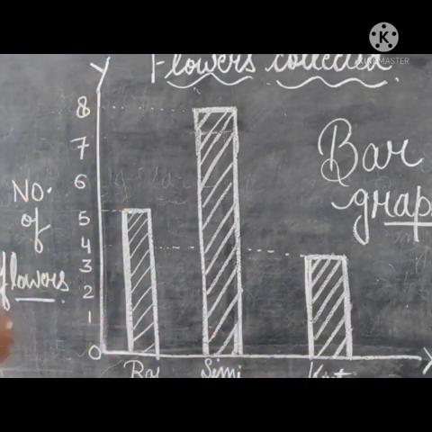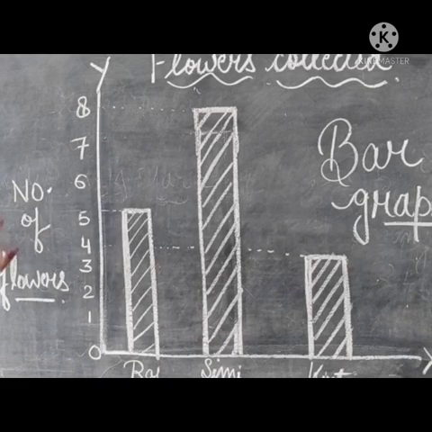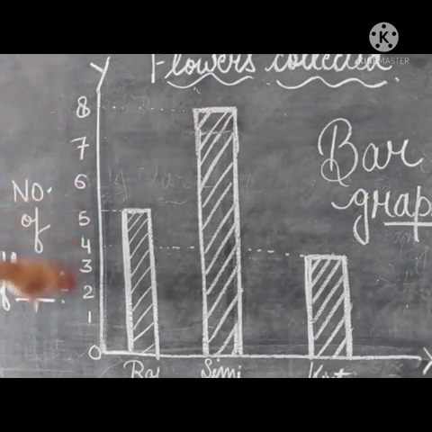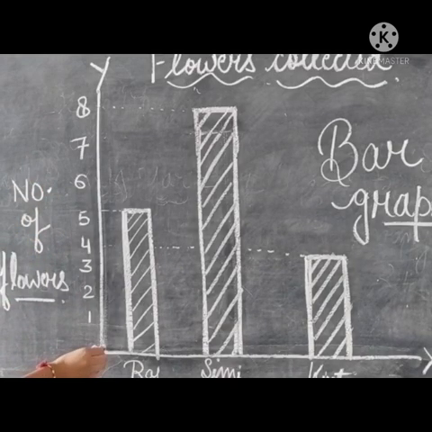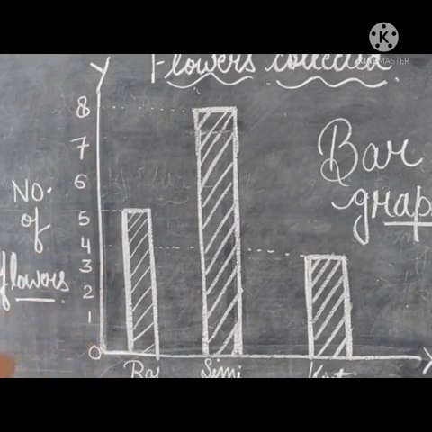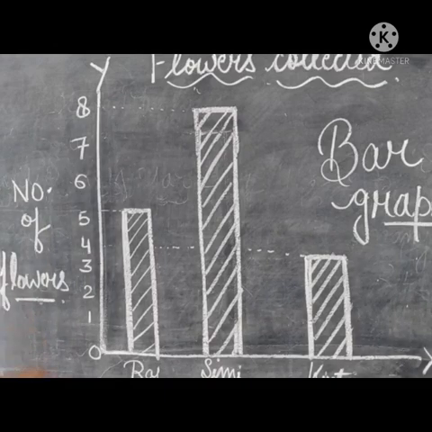Now these 2 axes are called labels, and these are labeled as, here you have to show the number of flowers. Here you have to show numbers because in this y-axis the scale is also being shown. Okay, here the third important factor of a bar graph is scale. That shows the number of blocks or the number of things or objects that is being shown, or the number of any information.